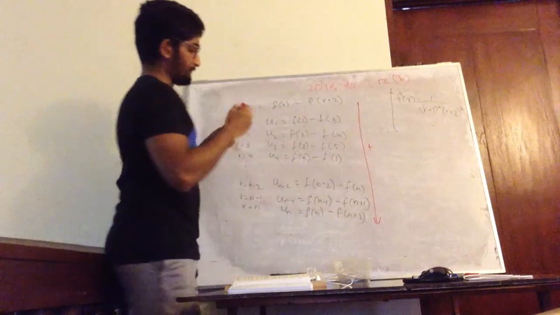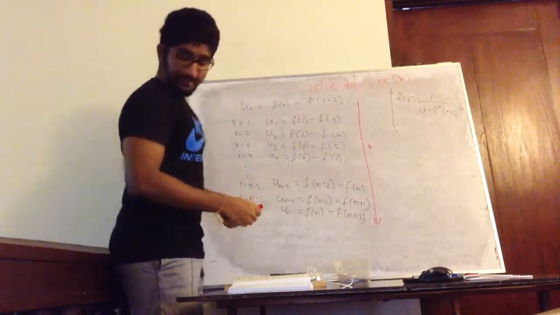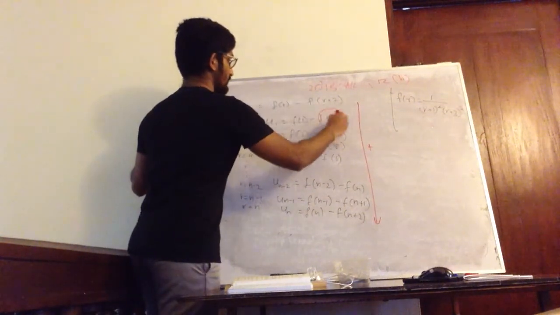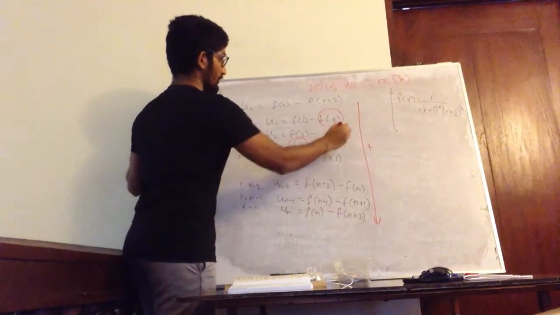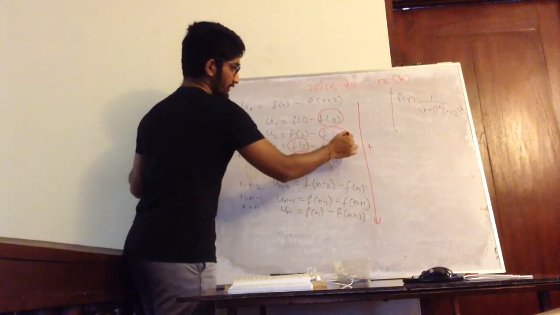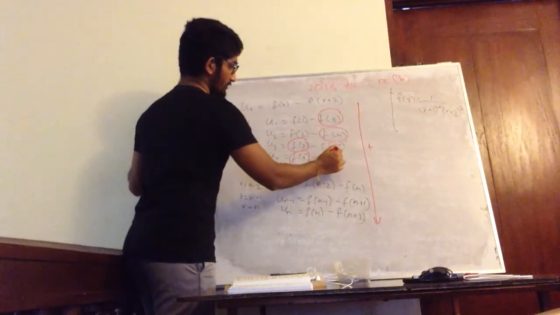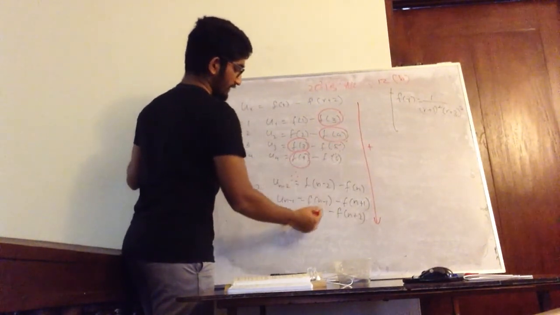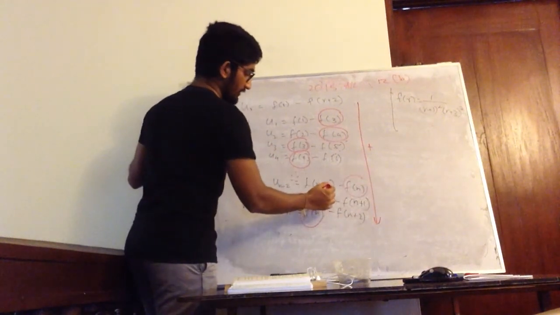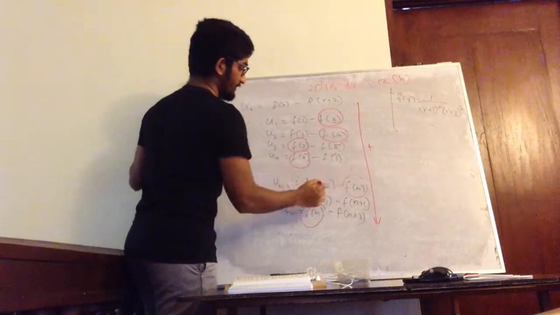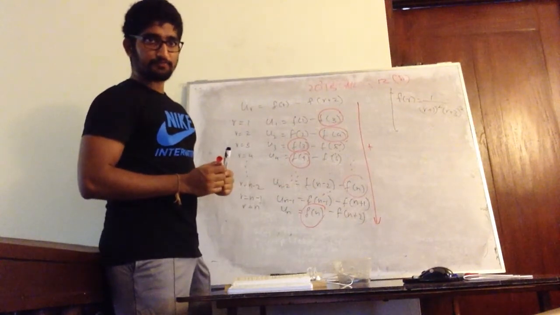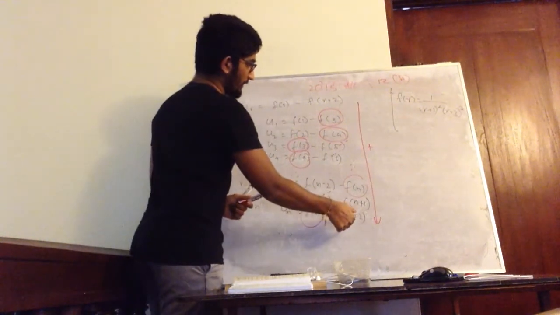We need to add these up. So when we are adding, what happens? This will get cancelled off by this. This will get cancelled off by this. And this thing will get cancelled off from somewhere here. This thing also will get cancelled off from somewhere here. This gets cancelled off from this. This thing will get cancelled off from somewhere here. This thing also will get cancelled off from somewhere there. Correct now? Right, so the only remaining parts will be what?